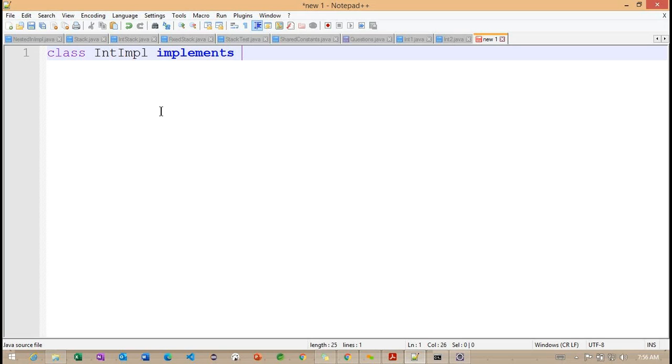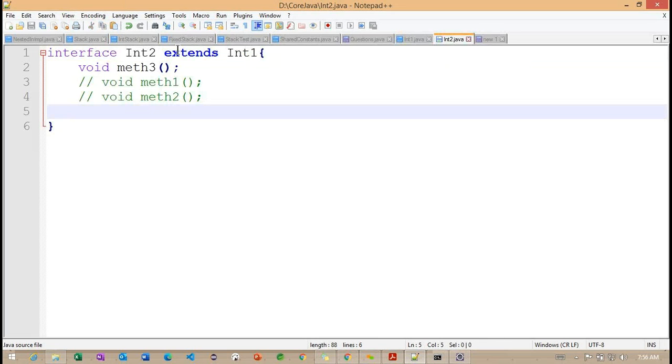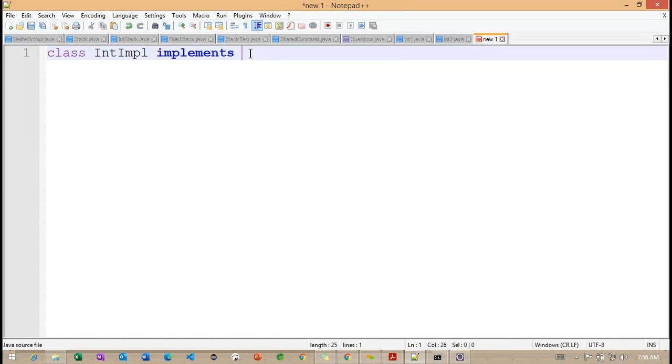Okay, back to here, which interface do I want to take? If I take int1, we cannot work with method 3. If I work with int2, we can work with all the methods: two are logically existing and one is physically existing. So based on our requirement, we can work with this interface.